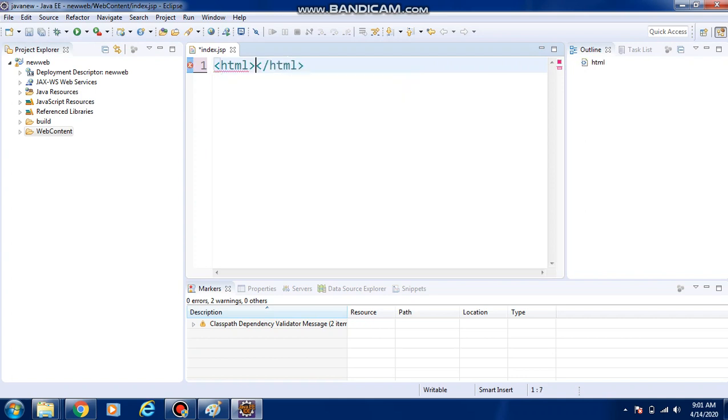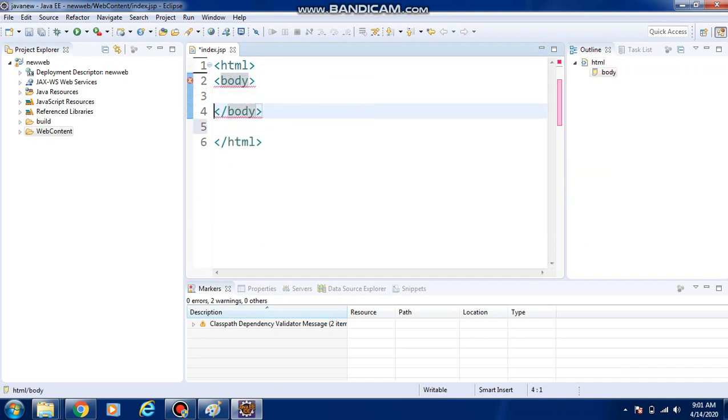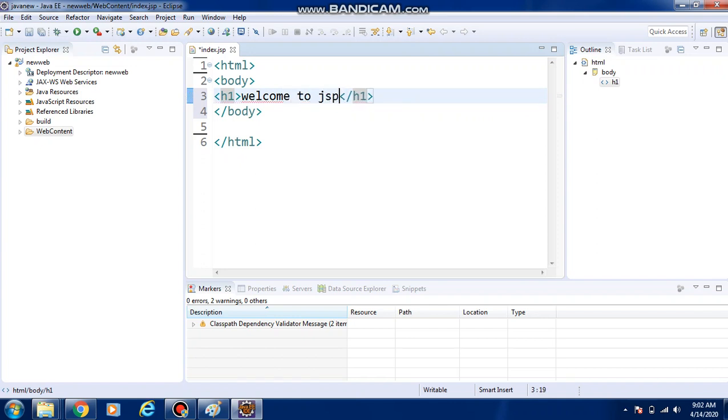Now normally write the HTML coding here. HTML open tag and HTML close tag. Next I am using the body. Inside the body I am giving the h1: welcome to JSP.